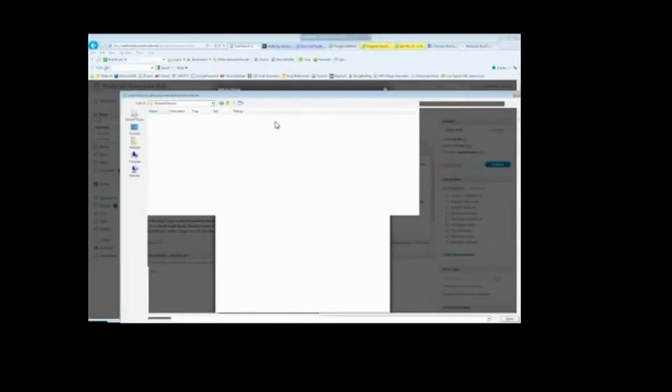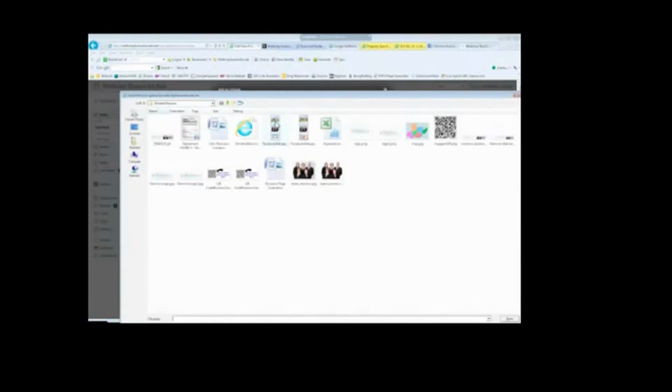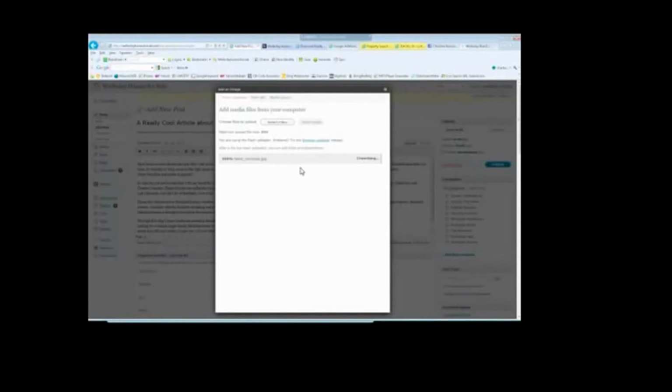Now if I want, I can also insert a picture in here by using these tools up here. The picture upload is right here, adding an image, and I literally just have to click this button, and then it will ask me if I want to upload an image. When I upload the image, it'll ask me if I want to insert it, and it will tell me I can actually choose different options and different sizes. So what I'm going to do is I'm going to hit Select Files, and I'm just going to pick any image, upload it,